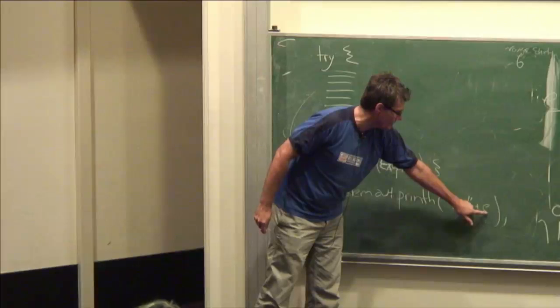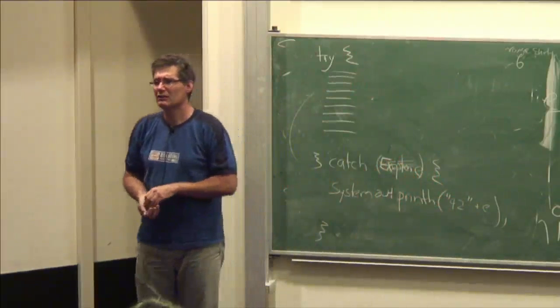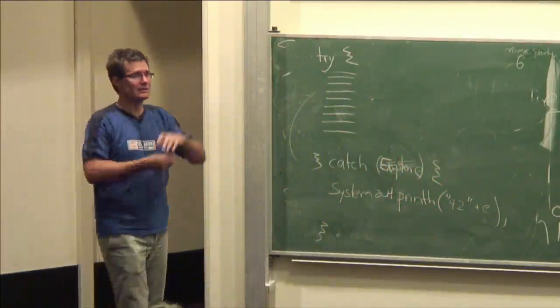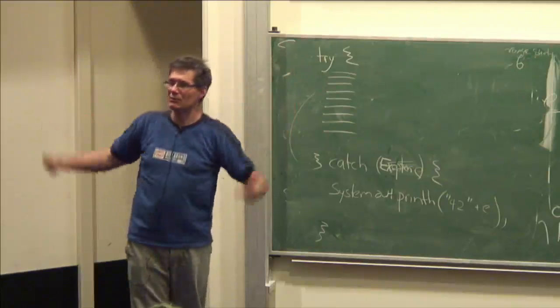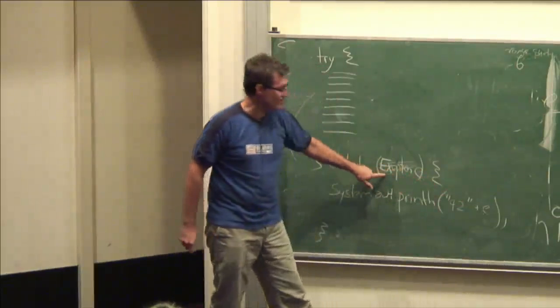Plus e, what does plus e mean? Well, it converts e to a string and concatenates it onto that. How would it convert an exception to a string? I don't know, it's an object. It's got to have a way of doing it. And it turns out when it converts it to a string, it says all sorts of nice information in the string about what the exception was and things like that. So that works out reasonably well. And if you wanted to find more information, you could go and look up Exception.